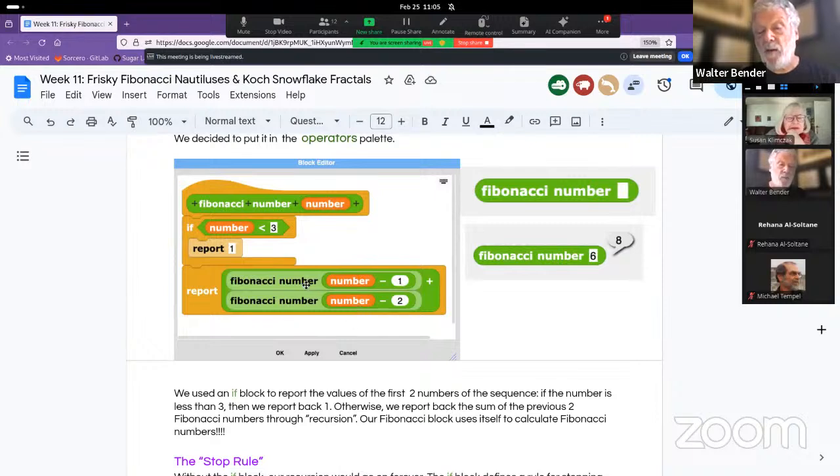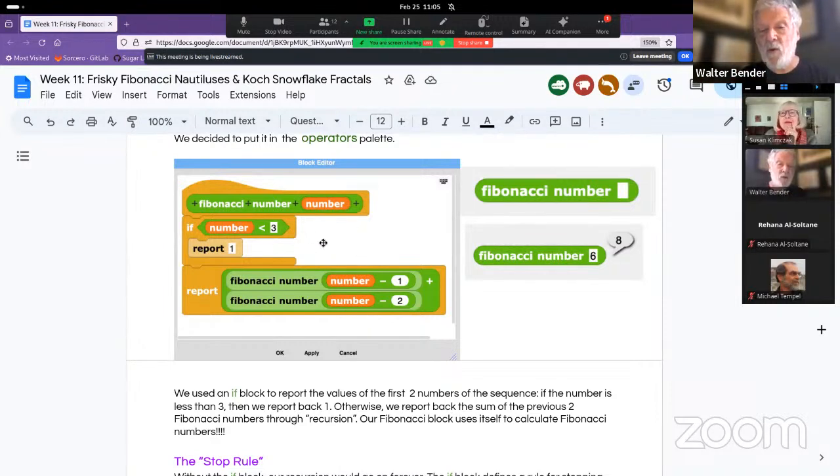So I'm going to report back the Fibonacci number of 5 and the Fibonacci number of 4. But what is the Fibonacci number of 5? Well, it's calling this reporter again. Now I come in with a 5. Oh, 5 is not less than 3. So I'm going to come back with the sum of Fibonacci 4 and Fibonacci 3. And it's just going to keep on calling itself over and over again,